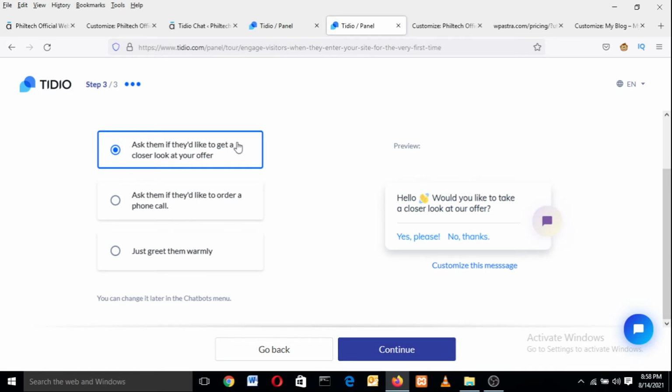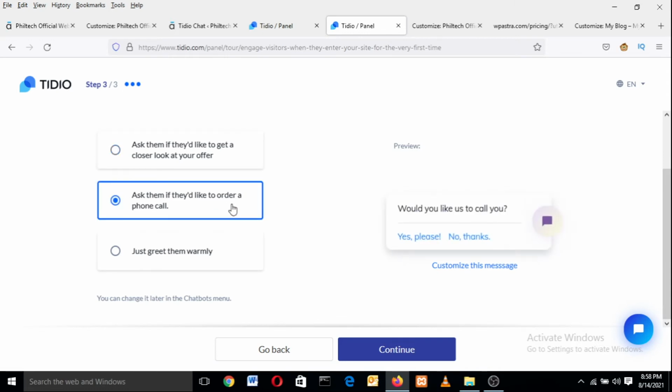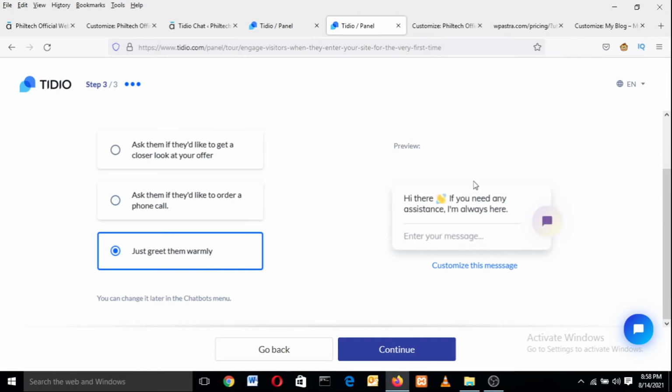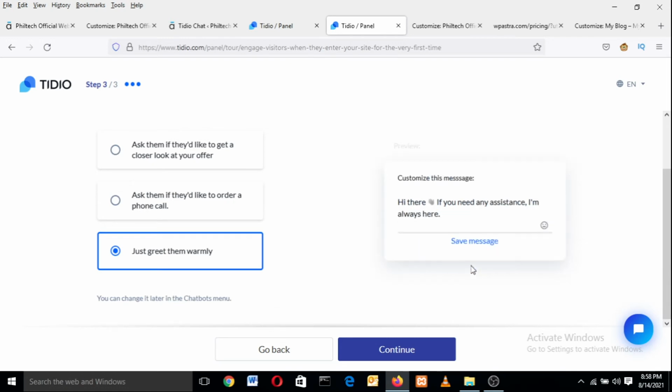Then ask them, hello, would you like to take a closer look at our offer, or would you like to order a phone call, or just give them a warm welcome. If you need any assistance, you can also change it later in your chatbot message. You can customize the message yourself, whatever message you want. Then you can just write, hello,